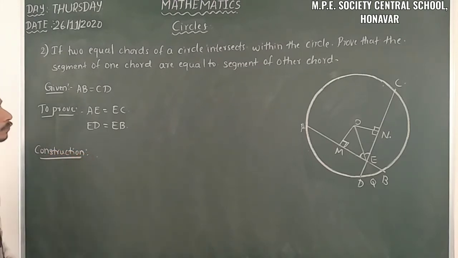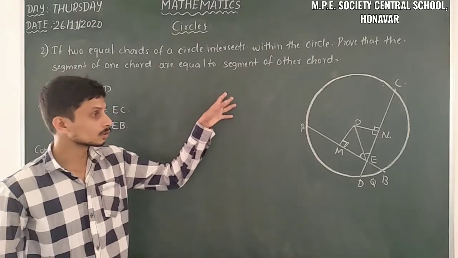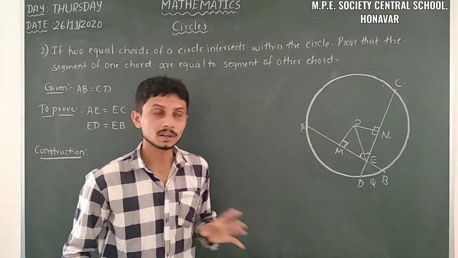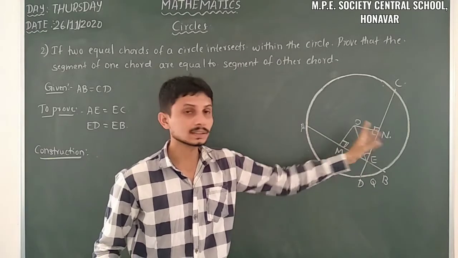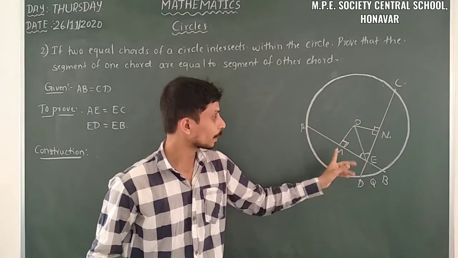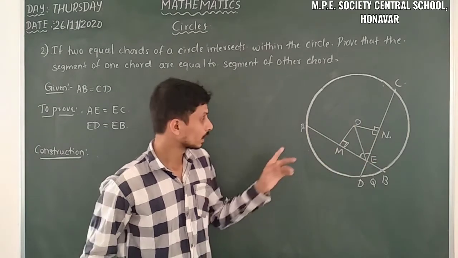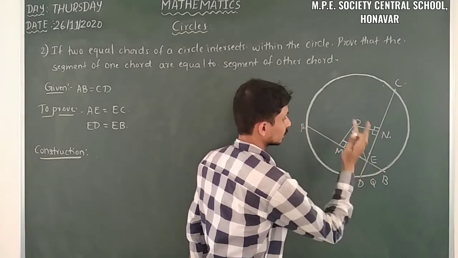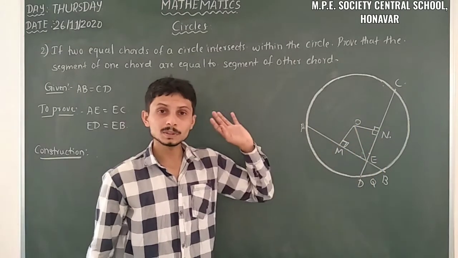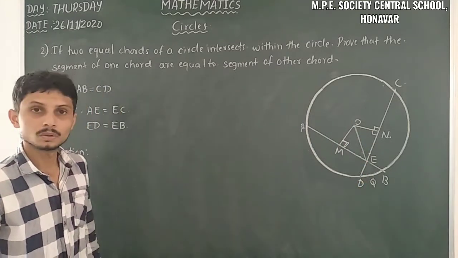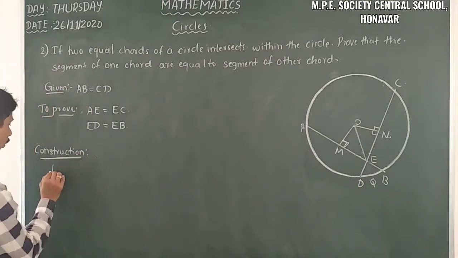That is, when we have the initial figure, we only have these two chords and the intersecting point. After that we have to take some construction, that is OM and ON perpendicular to AB and CD. So here these two angles we can't consider equal. So here OM is perpendicular to AB and ON is perpendicular to CD. So let's draw